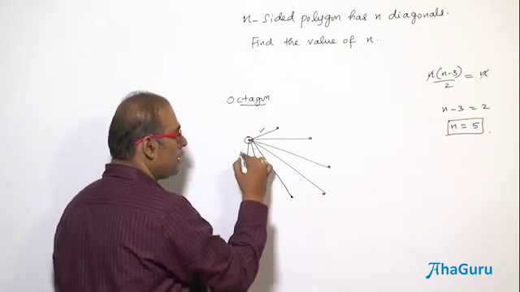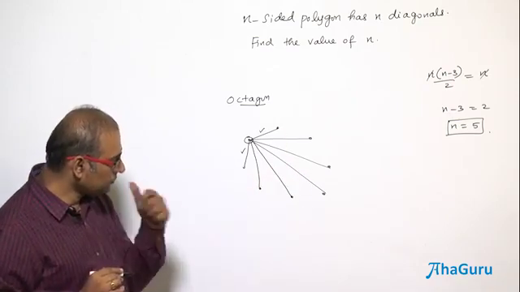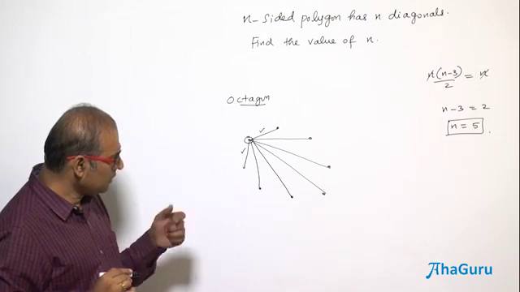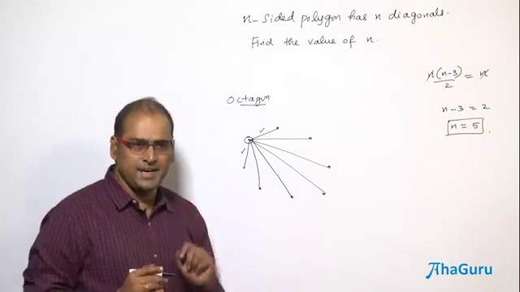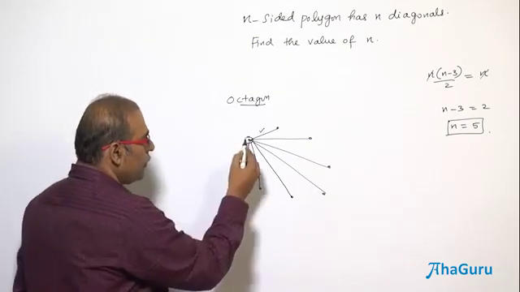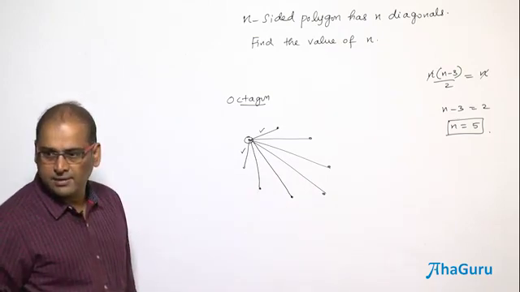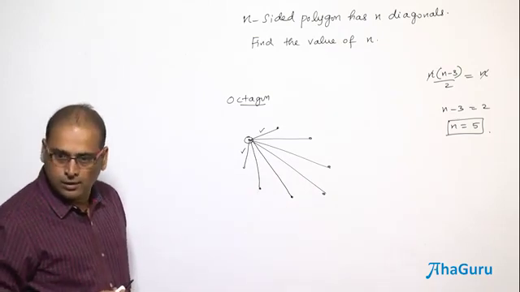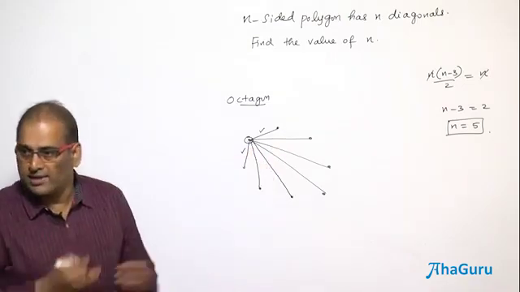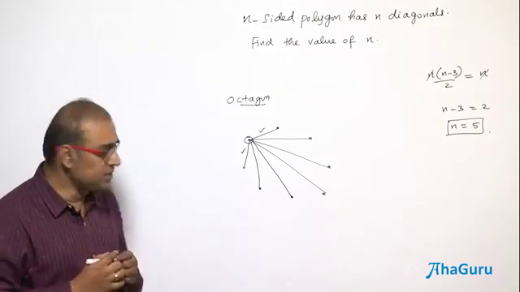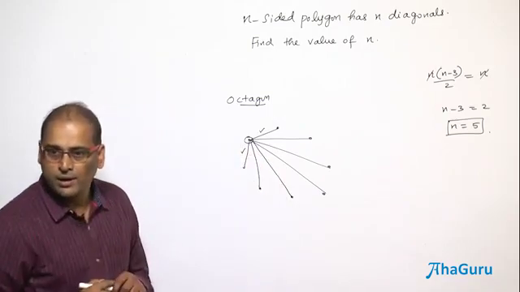These two are what? Sides. How many diagonals do I get? 6? 5. Correct? So I have got an idea now. For 2 sides, you are getting how many diagonals? 5 diagonals from a vertex. Then if you take this vertex, you will be counting 2 sides and again 5 diagonals. Of course, a diagonal will be counted twice because from here also I am counting, and there also. A side will also be counted twice.